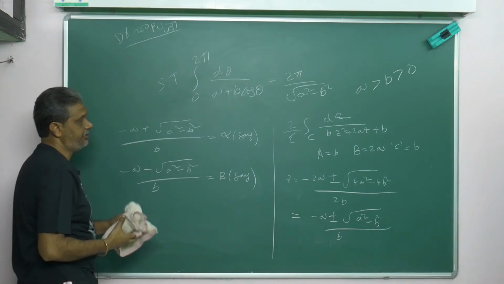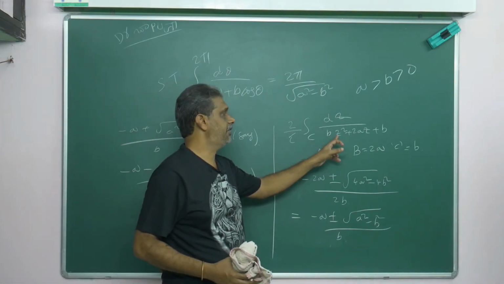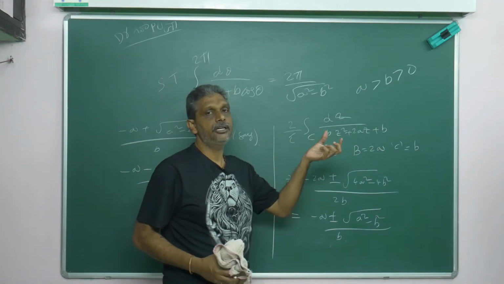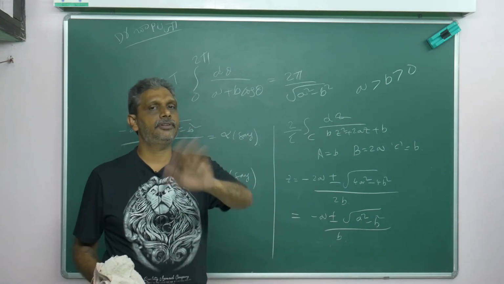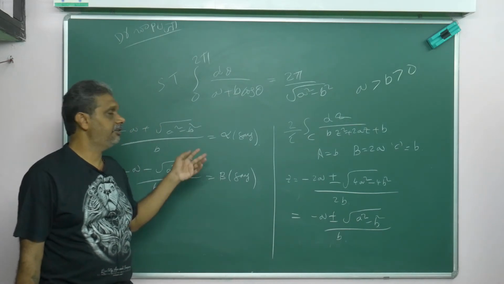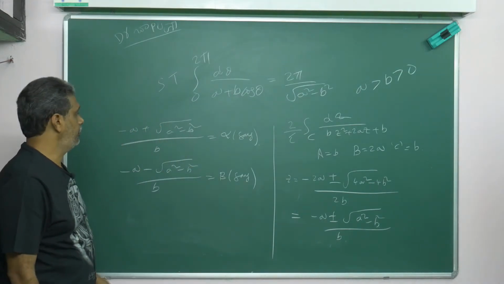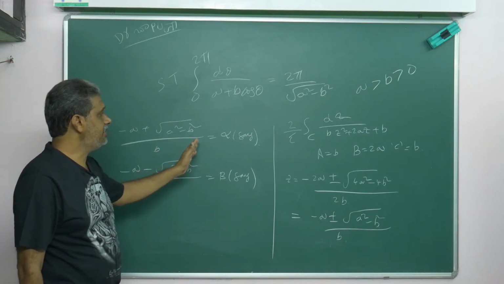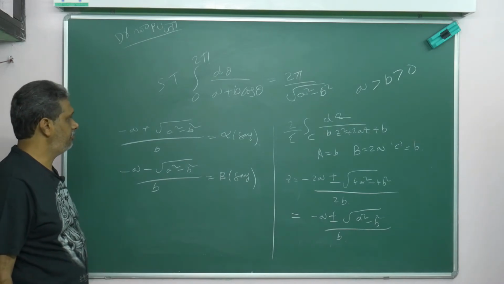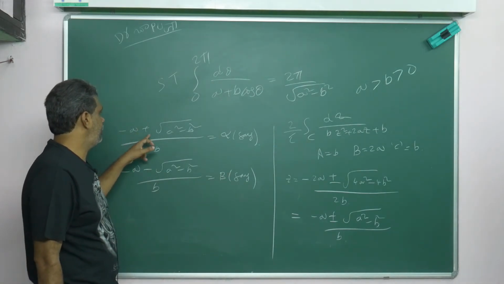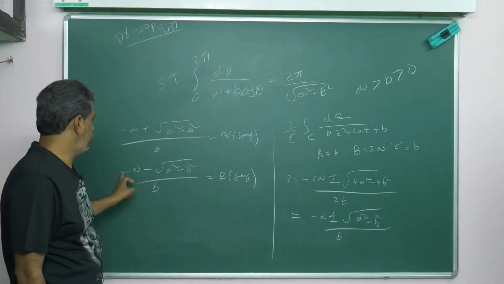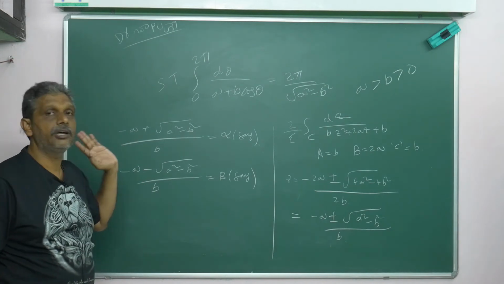Now how can I write my whole equation? Because if the z square coefficient is 1, I can write z minus alpha into z minus beta. But here the z square coefficient is b, so I can write b into z minus alpha into z minus beta. When you write factors, write carefully. The roots are different, the factors are different. So now my story will start. Who is inside the c? What is my c? Modulus z is equal to 1. One thing you can remember blindly: one is plus, one is minus, guaranteed inside, no doubt. Why and how, I will tell you. But if both are minus, minus minus, guaranteed it should be outside, no doubt.